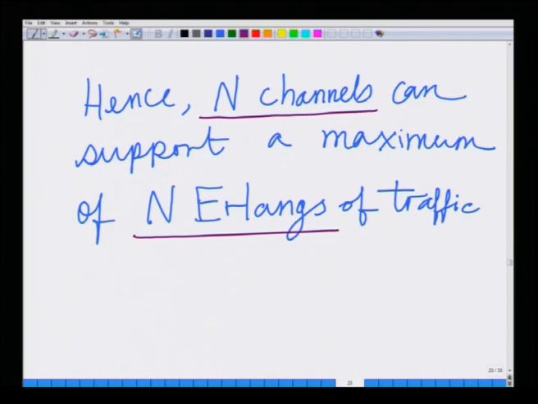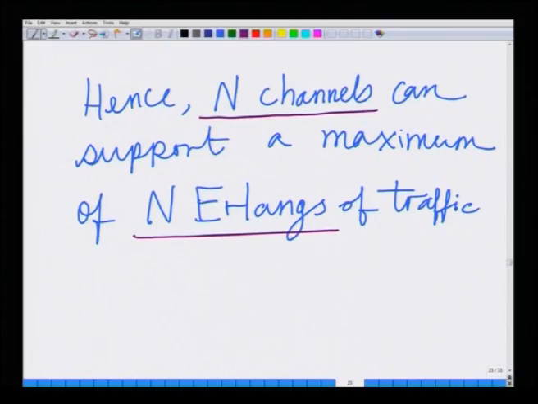We looked at different ways. If we look at how we measure the traffic, per user traffic is the call rate times the average call duration, and total traffic is the number of users times the average per user traffic, and the maximum supported traffic per channel is 1 erlang, which means if you have n channels, it is n erlangs. Okay. Now, we want to go into the teletraffic modeling aspect, that is how do you actually model this